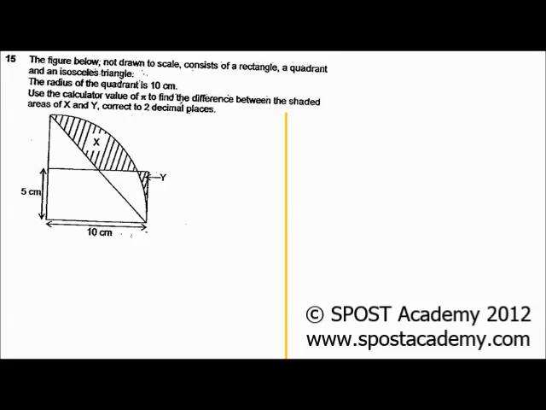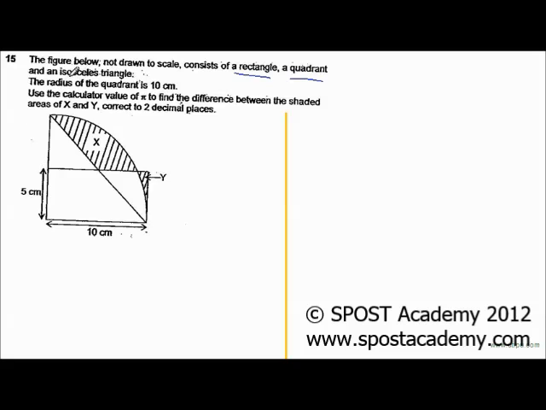The figure below, not drawn to scale, consists of a rectangle, a quadrant, and an isosceles triangle. The radius of the quadrant is 10 cm. Use the calculated value of pi to find the difference between the shaded areas of x and y, correct to 2 decimal places. So we know that it consists of a rectangle, which is here, a quadrant, which is here,